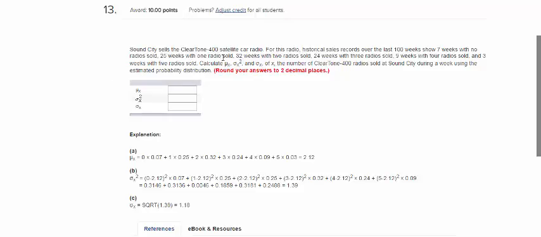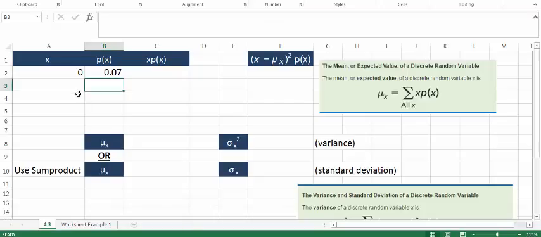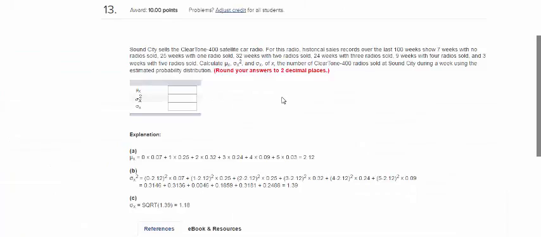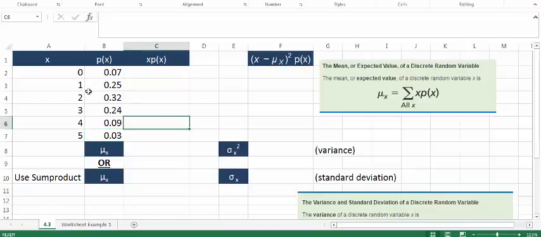25 weeks with 1 radio sold. So 25 out of 100, that's 25% of the time, 1 radio is sold. I'm going to go ahead and fill the rest in. You do the same. Okay, I filled in the rest of the values that x takes on and how often